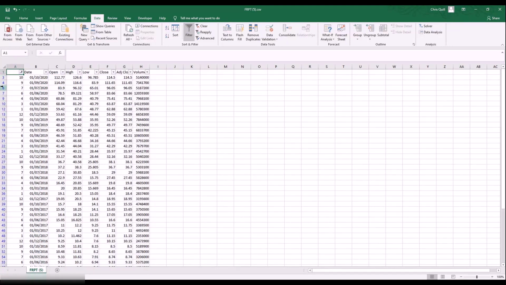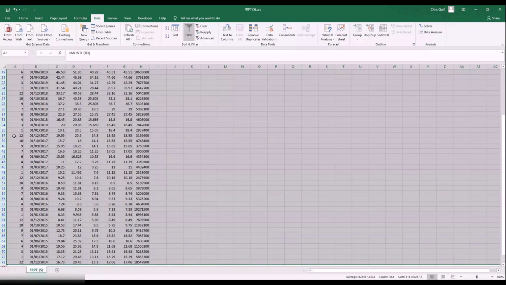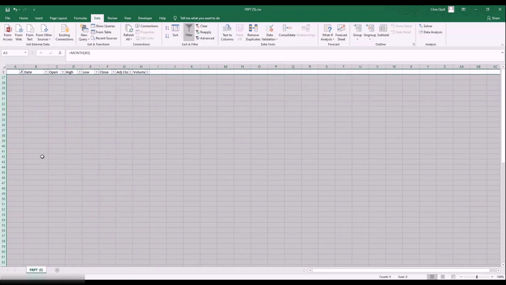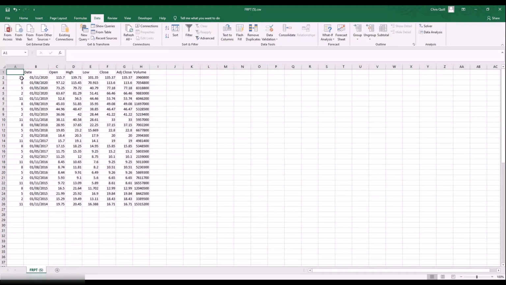You can see on the left-hand side that the row numbers now look a little bit sporadic. It goes 1, 3, 4, 6, 7, 9, so on. It's not completely sequential. That's because it's filtered out the data that we want to keep. So if I left click on row 3 here and press Control Shift and down to the end of the data set, that'll select all the rows to the end of the data set that is showing with this filter on. I can right click within that selection and left click on delete row, and all of that data will disappear. Then I can take off the filter,